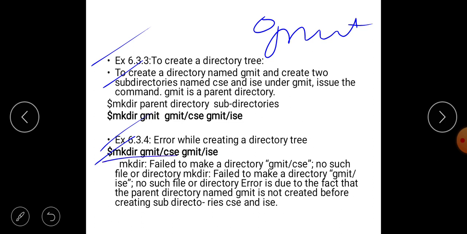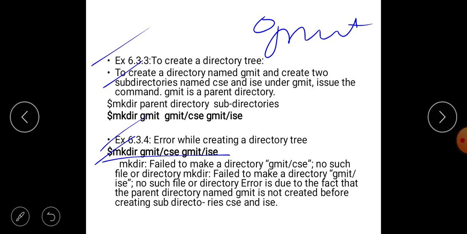What will happen if you give it like this? mkdir failed to make directory gmit slash csc, no such file or directory. mkdir fails to create directory gmit slash isc, no such file or directory.